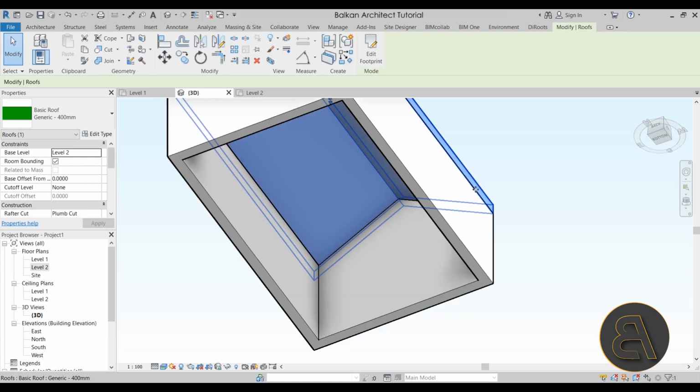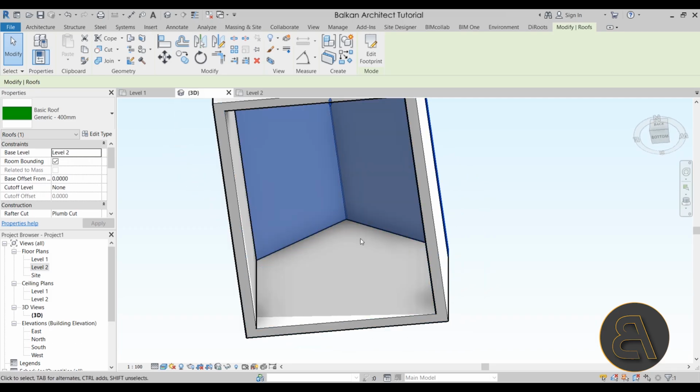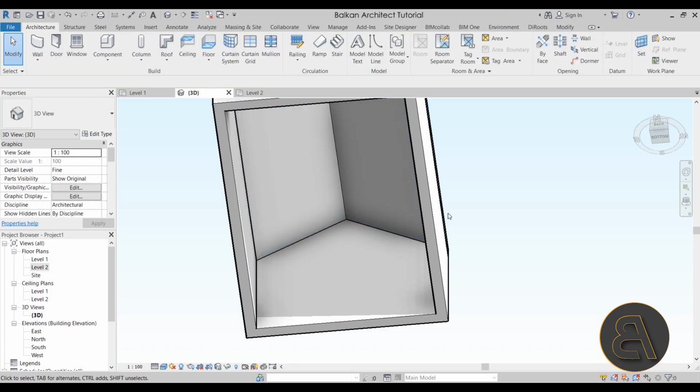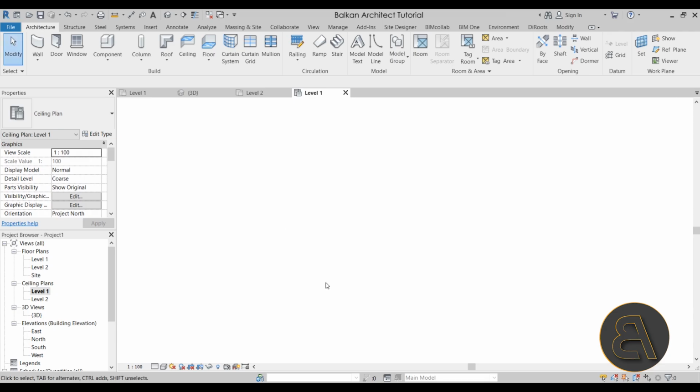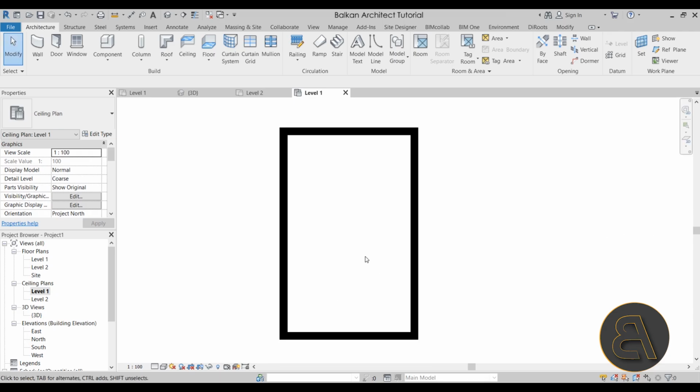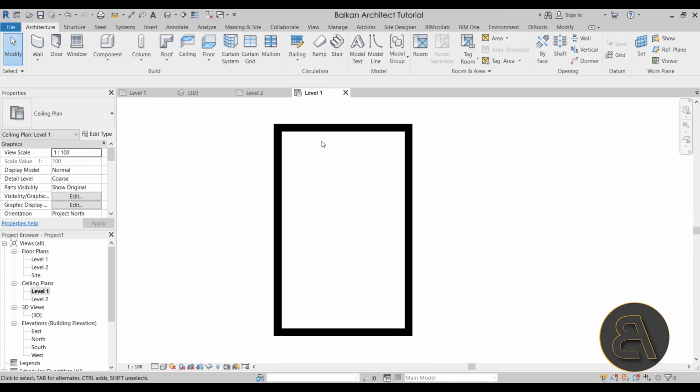Now, in some cases, you might get away with just adding another layer on the bottom, and that's going to kind of stand in as your ceiling, but in other cases you might want to use an actual ceiling. So let me show you how to create a ceiling in this particular situation. What you want to do is go to your ceiling plans, of course, as always when creating ceilings. So let's go to level 1, zoom in a little bit,